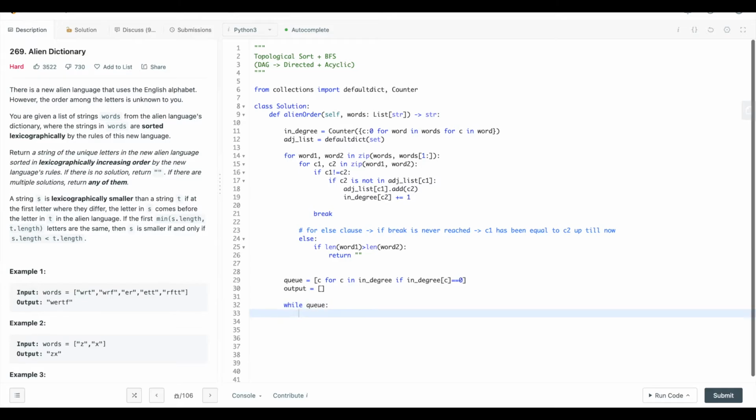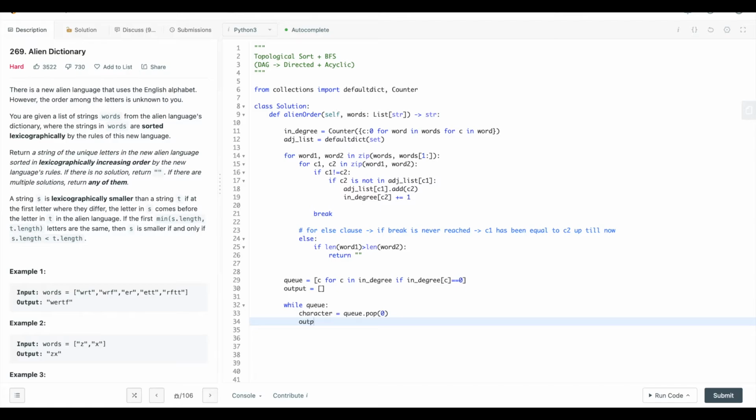So while queue, we can pop our first character from our queue. We can do character equals queue.pop(0), and then let's add this character to our output. So output.append(character). And then we can go through this character's neighbors. So for neighbor in adjacency list of this character,